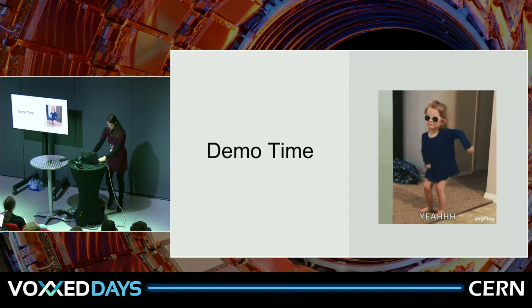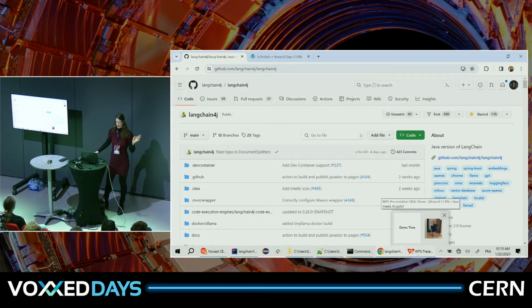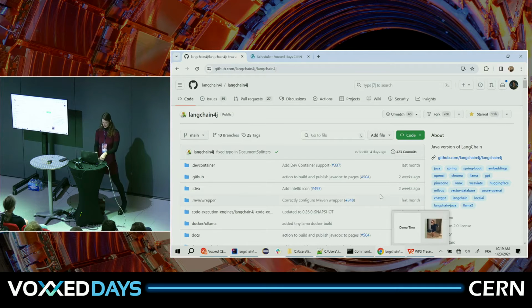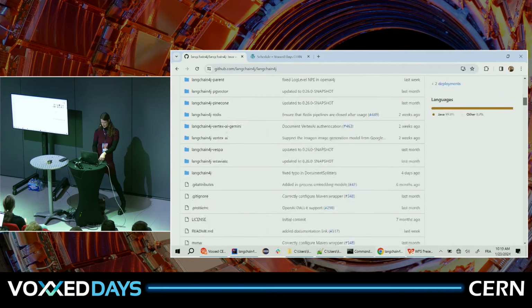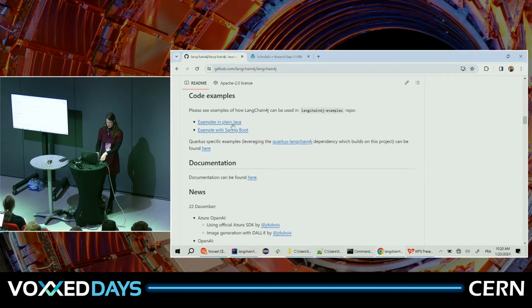Right, let's dive into a little demo. First things first, at the end of the presentation, there will be a big QR code that leads you to our repo, but it's not hard to find: LangChain4j, just LangChain4j. From there, you can find everything else. Under the code, in our README, there's our Discord channel, in case you want to interact with the community, or you can file issues and discussions right on the GitHub repository. There are code examples linked here, also for Spring Boot, also for Quarkus, and then a link to our documentation.